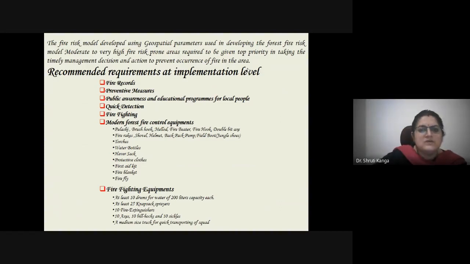Then the recommendations and the requirements at the implementation level are also required: the fire records can be maintained from time to time. Okay, different preventive measures can be taken for the controlling of these fires. Then we can also go for public awareness and educating programs for local people, so that they can